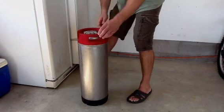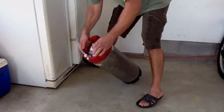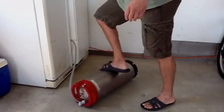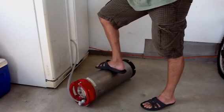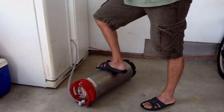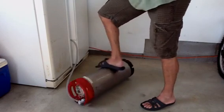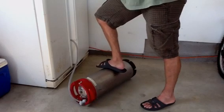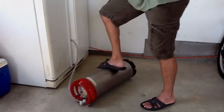Now, here's the key to carbonating. I take this, lay it on its side, right like that. And for the next 5-6 minutes, I'll roll this keg. You can actually feel the bubbles going into it, and then the carbonation goes in. I'll sit there and continue to do this while it's cold. I put it in the refrigerator last night, started getting it cold, and I can feel the bubbles coming right through my